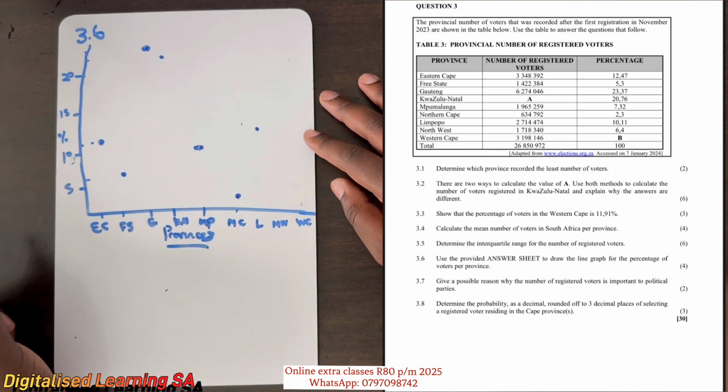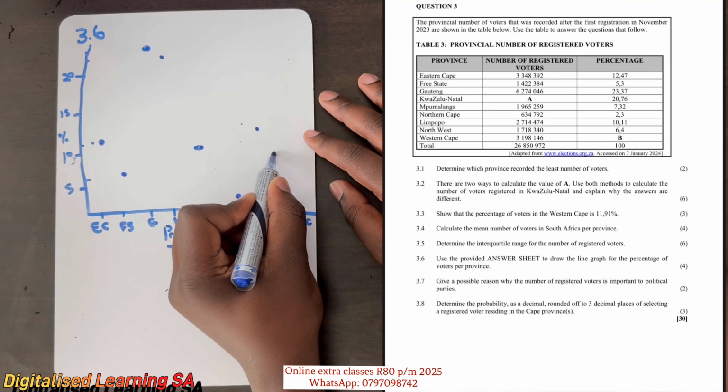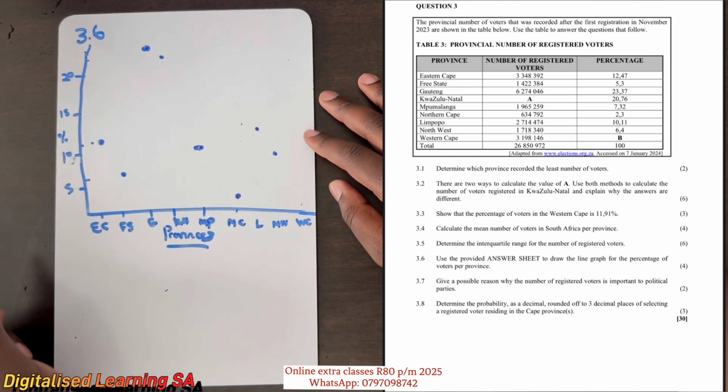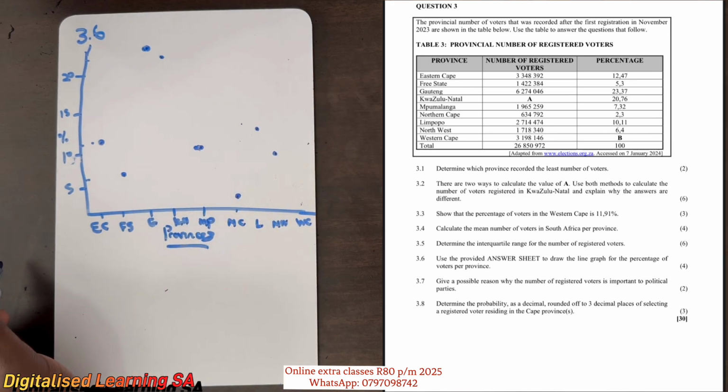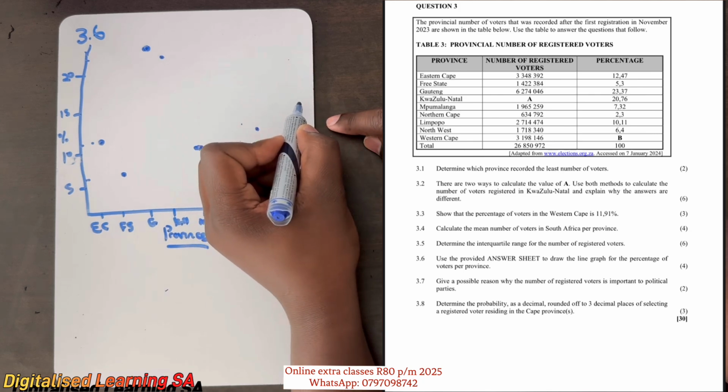And next we will have Northwest, which is 6.4. So 6.4 will be somewhere here. And then after we will have Western Cape, which is 11.91, meaning that it will be somewhere,